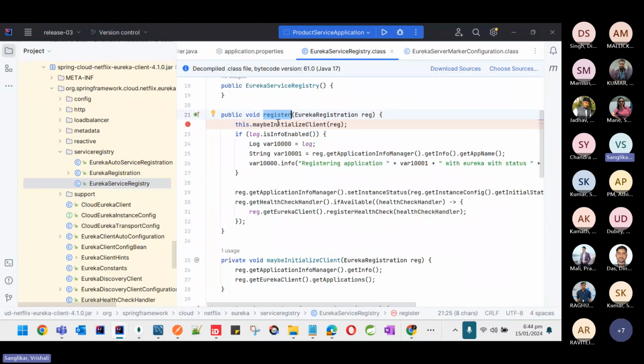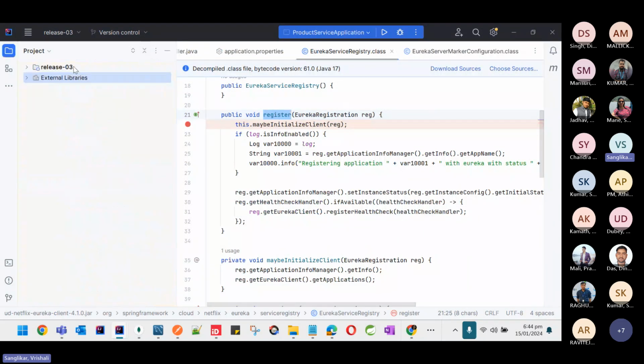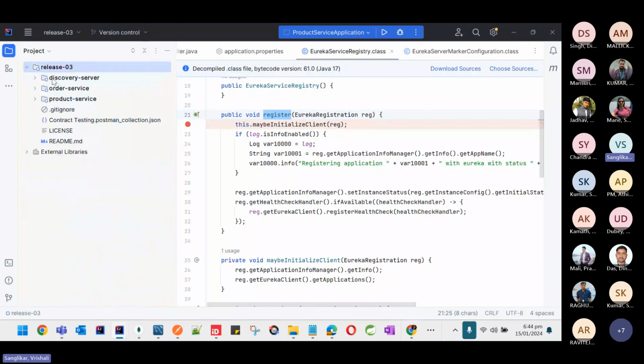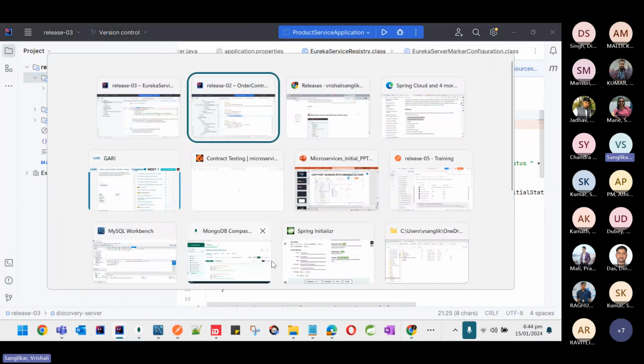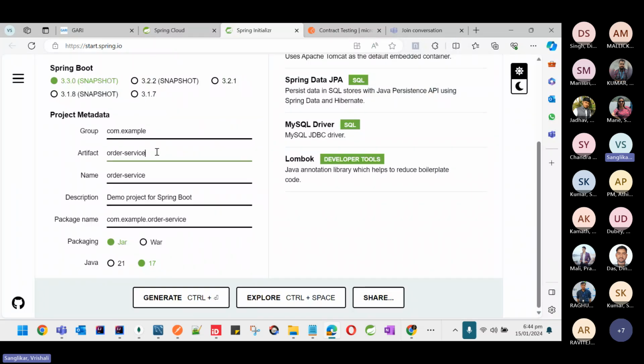Shutdown. Now in this, what we have to do is open this release 03. There is this discovery server that gets added. Now from where does this particular come from? So we have this Spring Initializr. Over here we have to write discovery server,